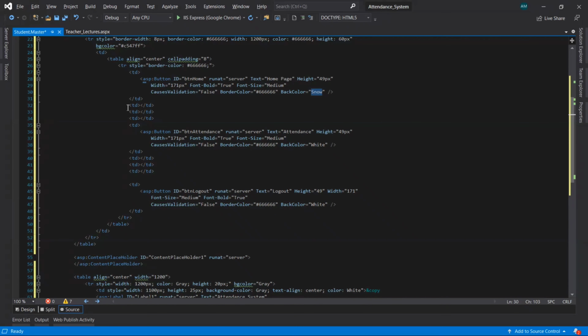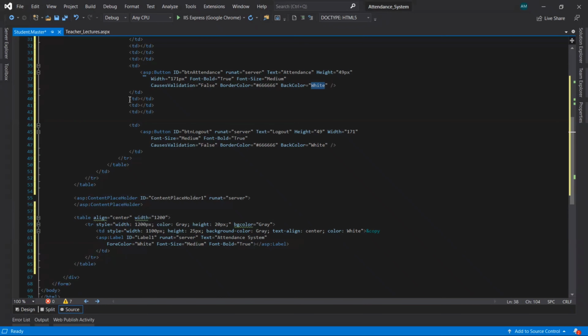After that, I have taken three empty table data, and in the fifth table data I have taken one button control with the ID btnAttendance and text Attendance, height 49 pixel, width 171 pixel, font bold true, font size medium, causes validation false, border color and back color white.